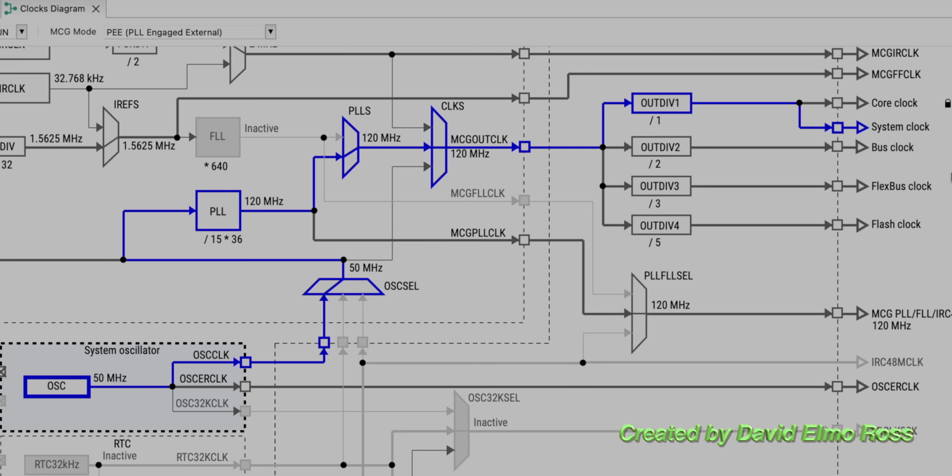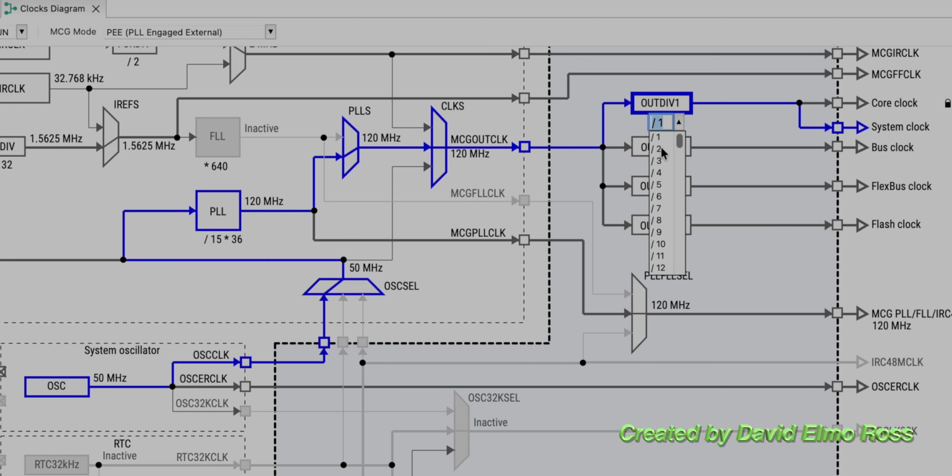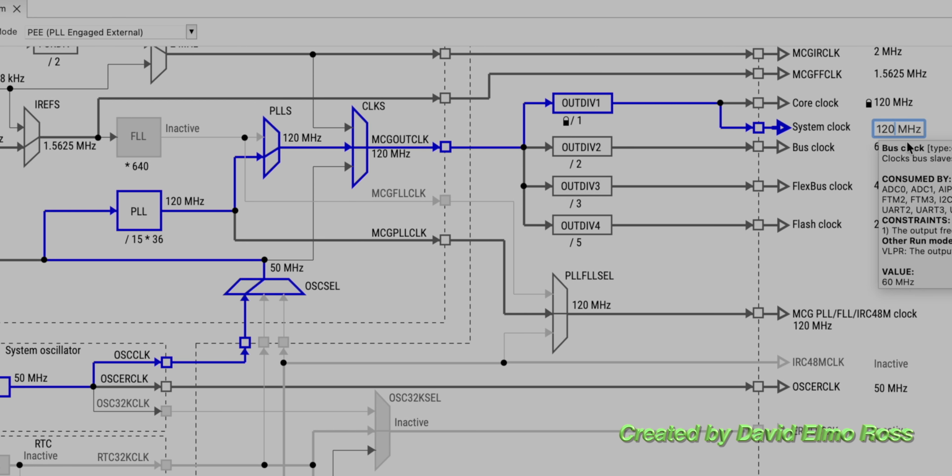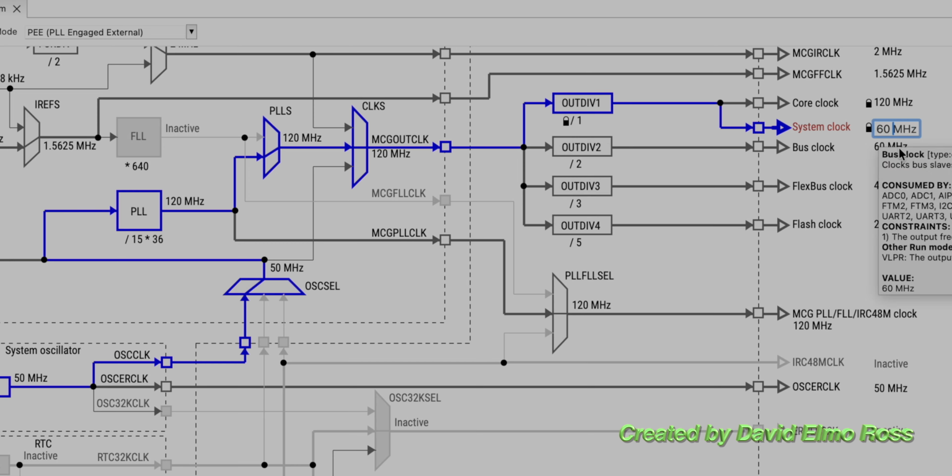Now we can do some other stuff here. We can say, well, let's try and make the output here divider different. We can click on here and say divide by 2, and you can see that we've got some problems already. So again, let's go back here and divide that by 1. We might even be able to go up here and just change this to 60 here. And you can see only the core clock is going to be a problem here. We can try changing the system clock to say 60. And you can see only the system clock is going to be a problem. So it's best to leave these alone unless you know exactly how to compensate for the changes that you're making